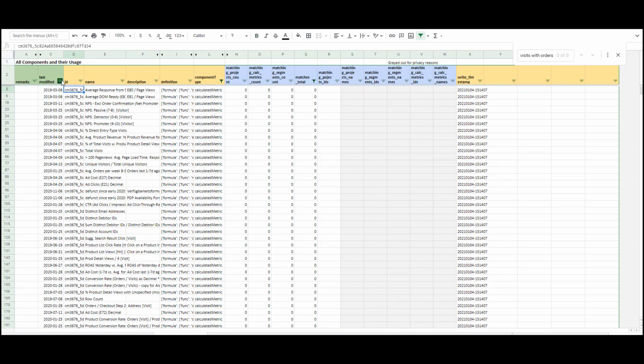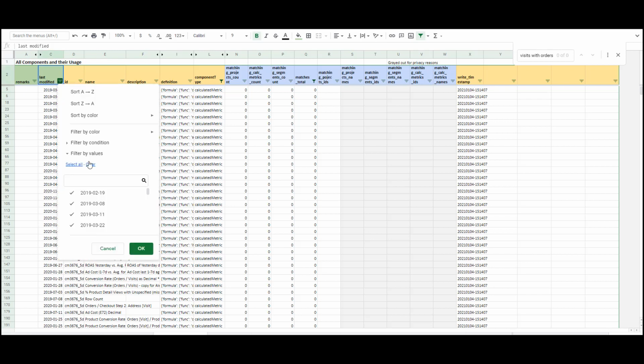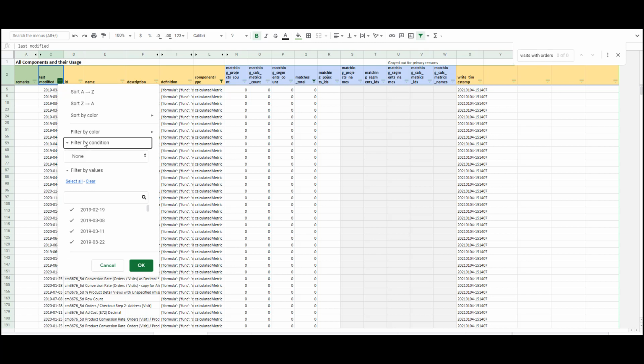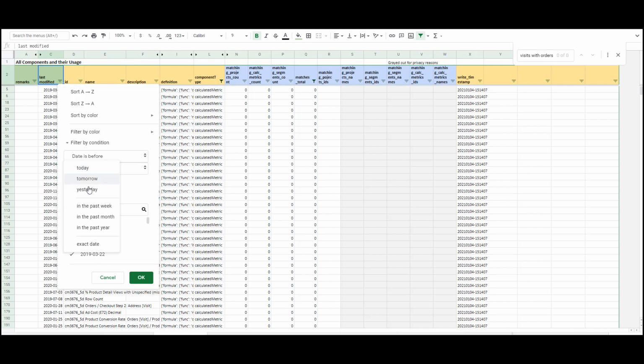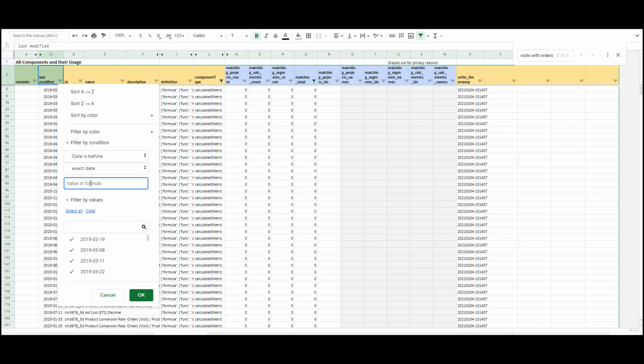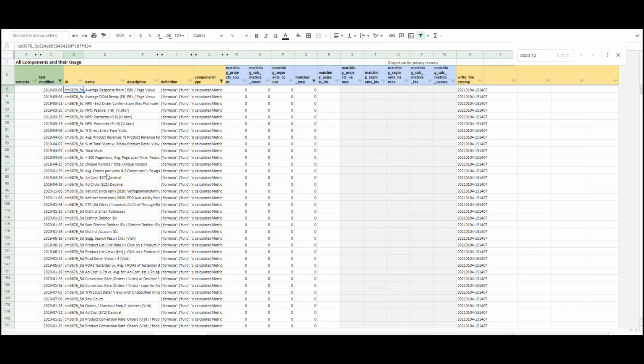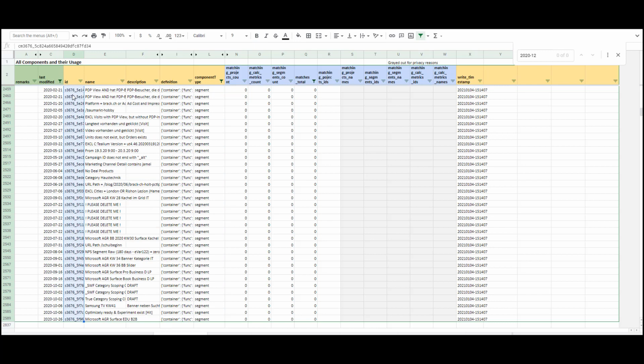To be 100% sure, I want to have only components that are older than say December the 1st of last year. So I would go to select the filter and then filter by condition and say date is before, and then I have to type something in here like this. So before December 1st of last year. Now I simply copy all the IDs here